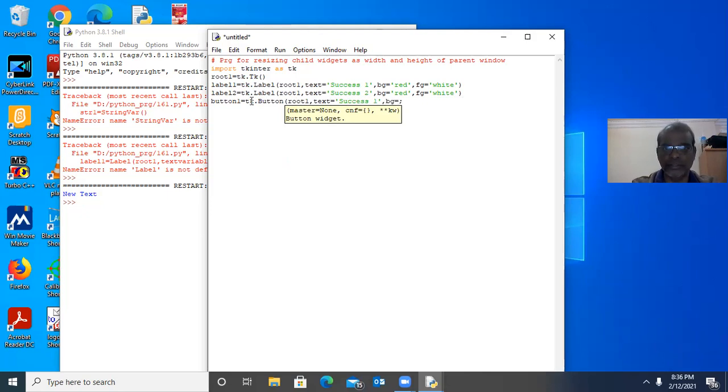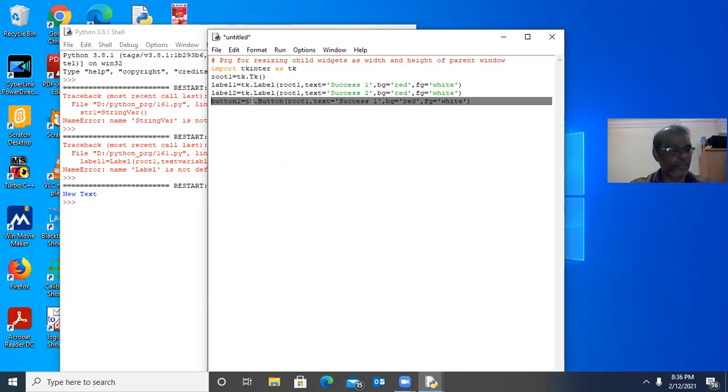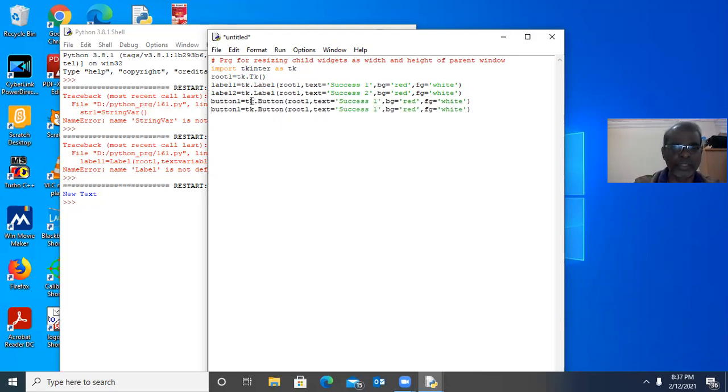Same thing, bg equal to... just copy it. Button 2. Here also success 2. So now I created 2 labels as well as 2 buttons.